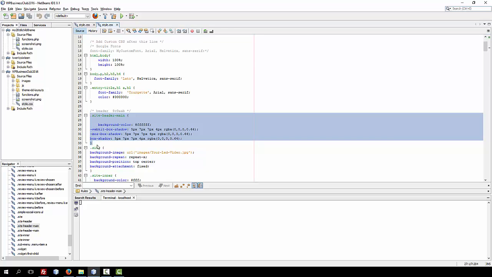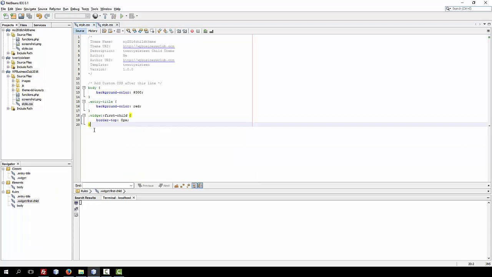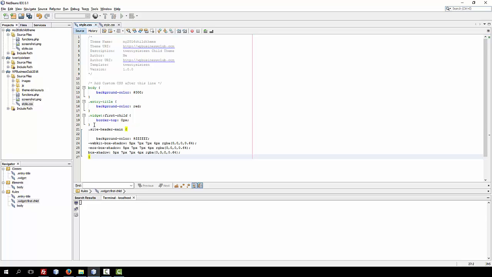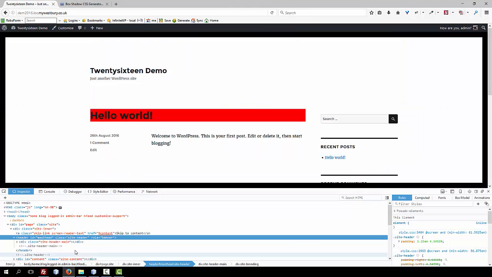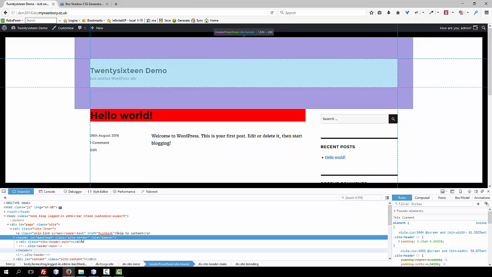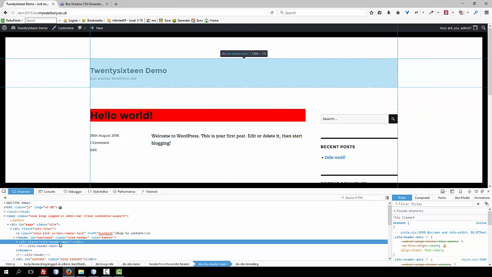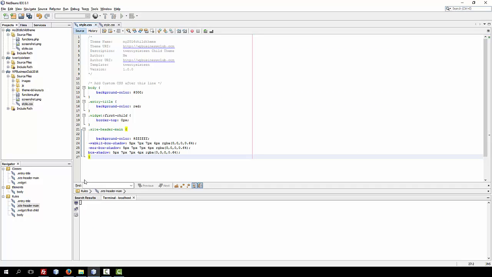Now, this is the one that I use on our site. Slightly different. And you also notice that the area that I defined was actually wrong. I thought it was site header. It's not. That is actually the one we want to define, site header main. So if I do site header main with the commands that I have here,